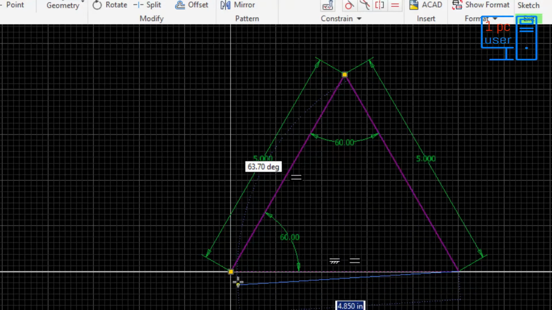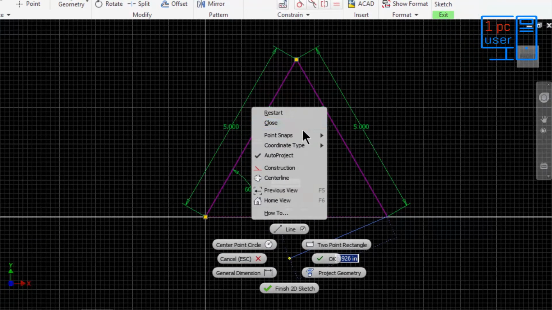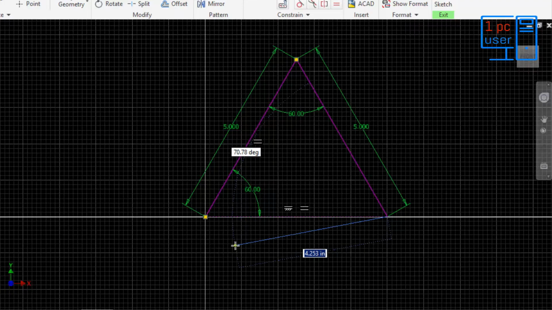Now you can close this by right clicking here and close, but I will click on close later. Right now I am going to escape this, and I am going to use here heads-up, and I can simply write here 5 to complete the triangle. And if you want to complete it directly, then simply make sure that you see this green icon, I mean this green dot, then simply press left click. As you can see, a triangle is completed.